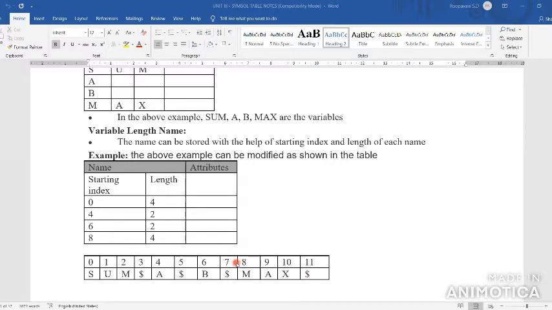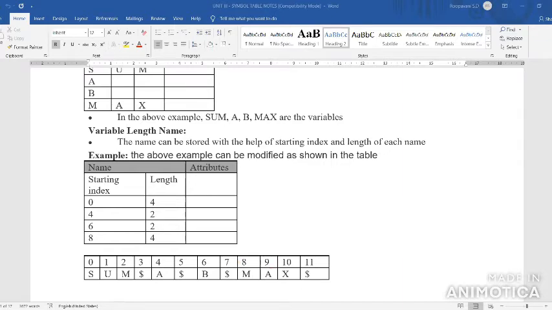So in the representation of the symbol table, we have two things: fixed length and variable length. Fixed length means you specify the length of the variable to be fixed. If the name of the variable is small, wastage of space occurs. If it is large, there is no need to allocate the given space.